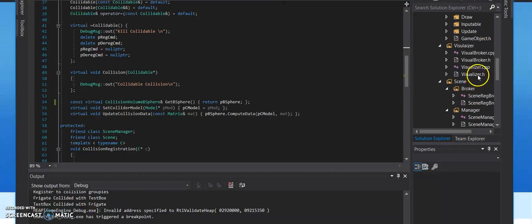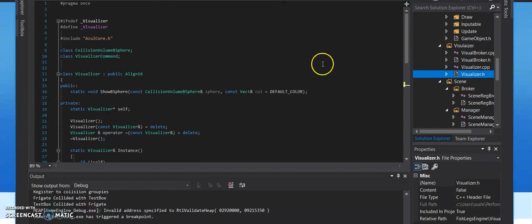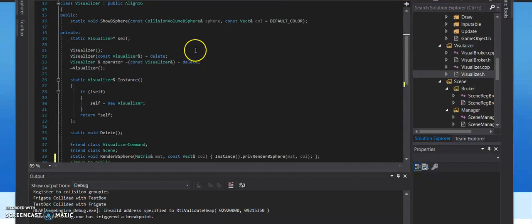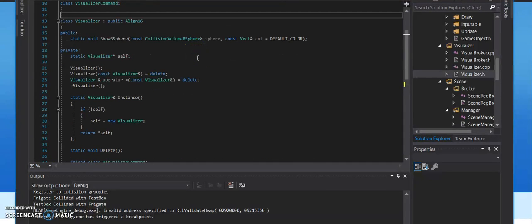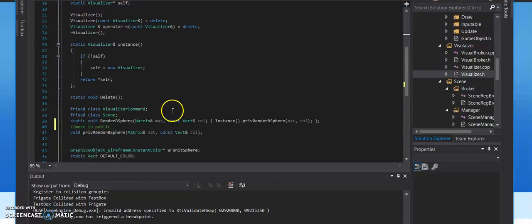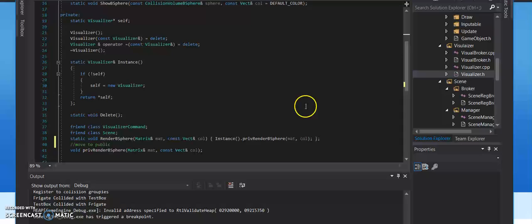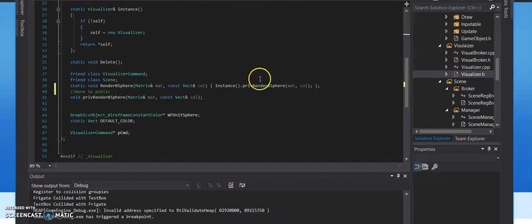And then what did I have to add? So within the visualizer, the big thing here is I had to add this lovely align 16 since it's not aligned for some weird reason. It's a singleton that also has, I should probably move this to public, but I left it here for now. There's a lot to clean up with the friend classes and all that, as well as the finalizers for this, but essentially